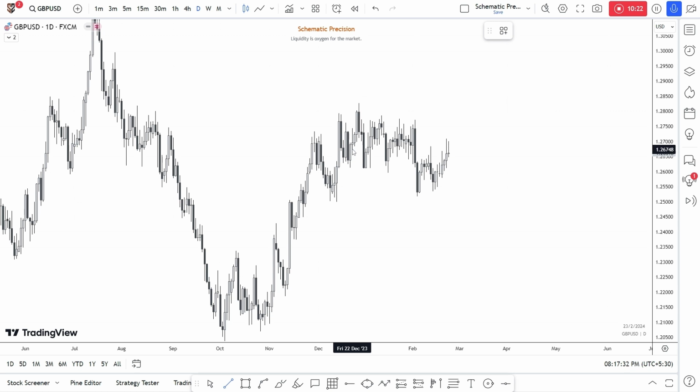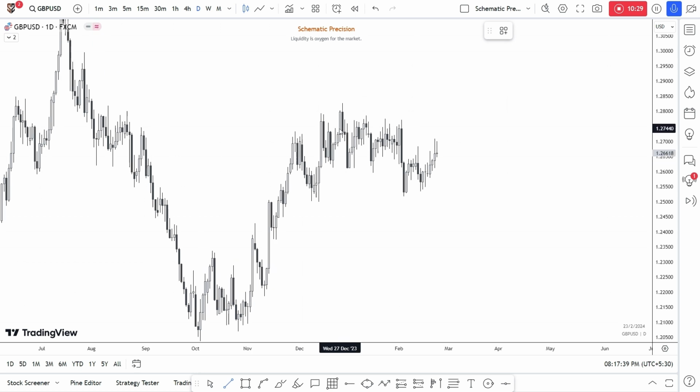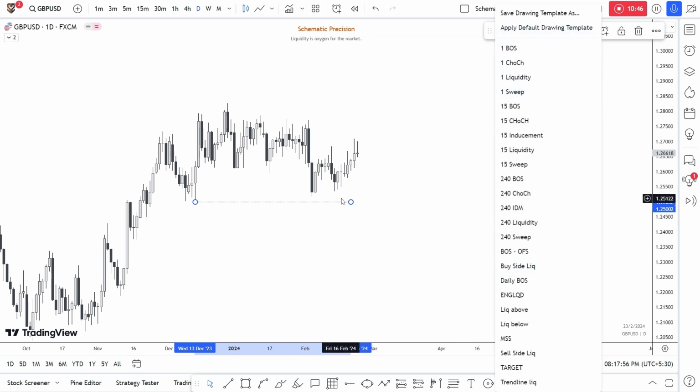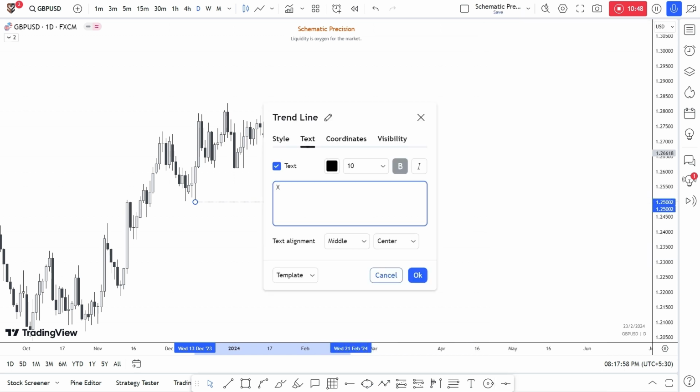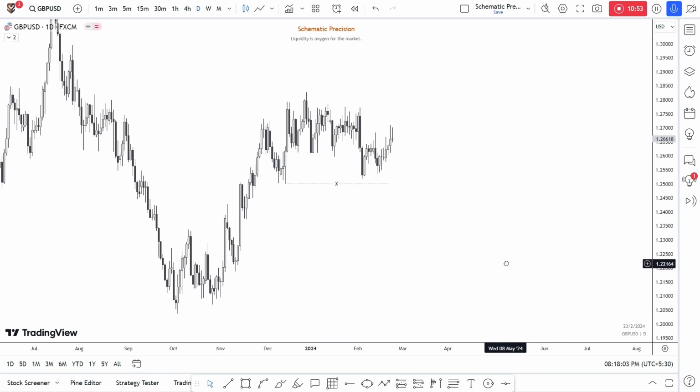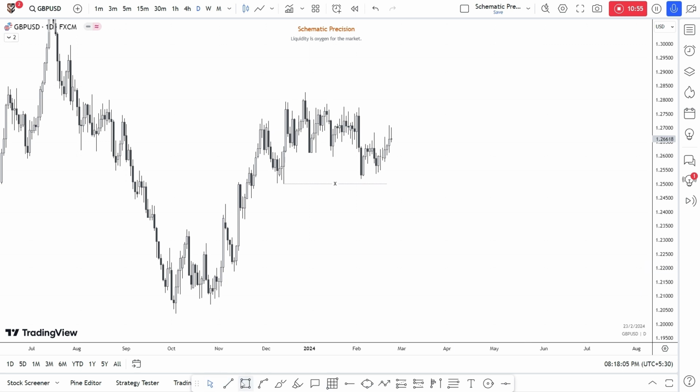And if I look for the inducement, this is one of the pullbacks, but this is not a valid pullback, because if you see this bullish candle, the next three or five candles are within the range of this bullish candle, so this is not a pullback. So we'll consider this as our pullback. I'll consider this as the daily inducement, and after this daily inducement, what POIs do we have?